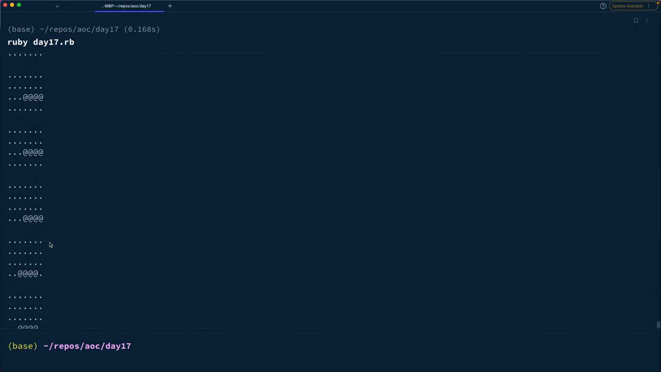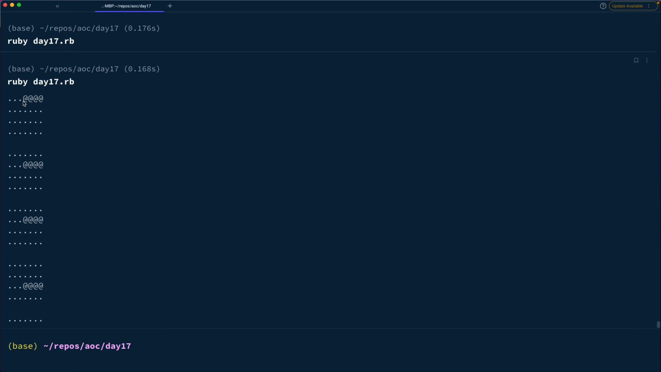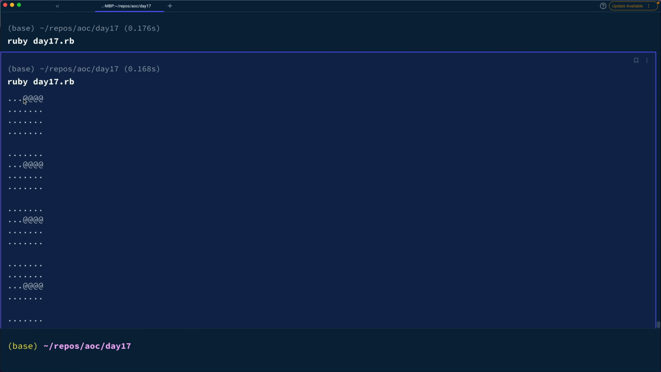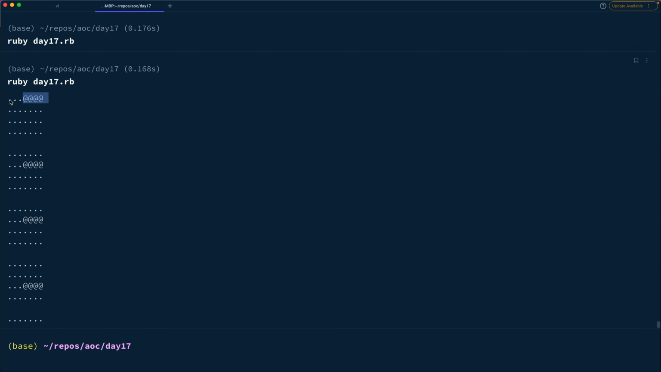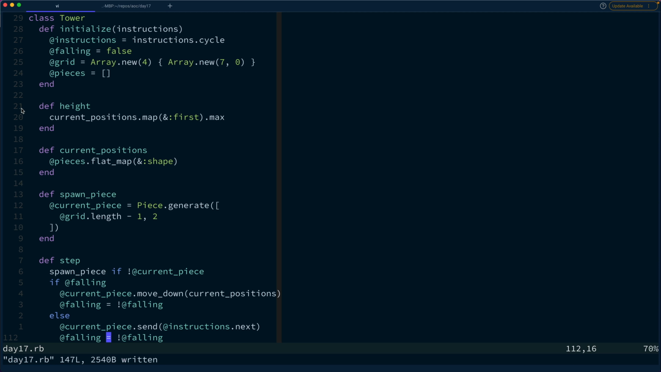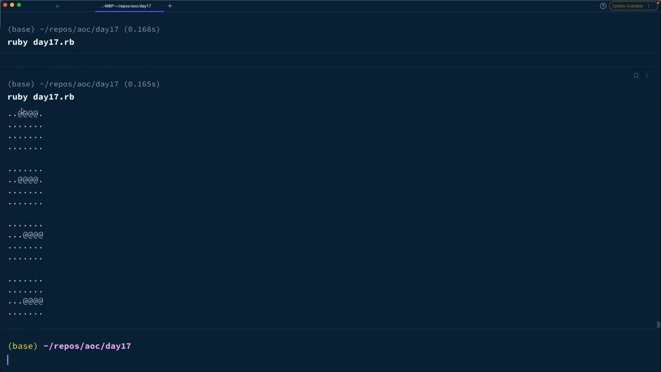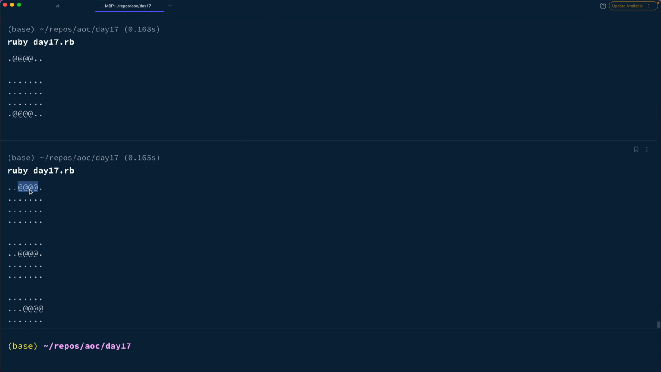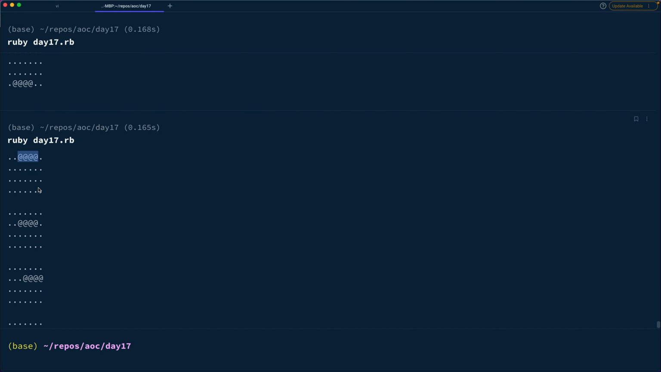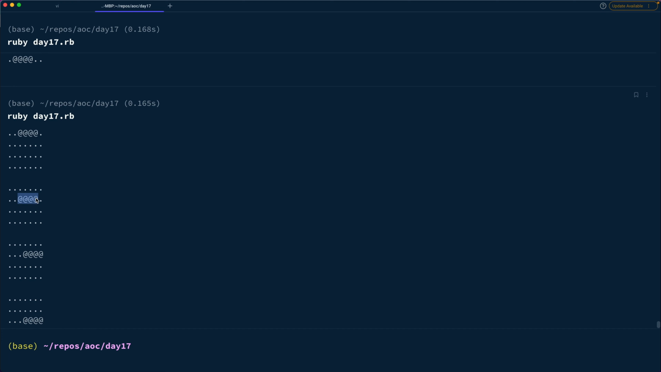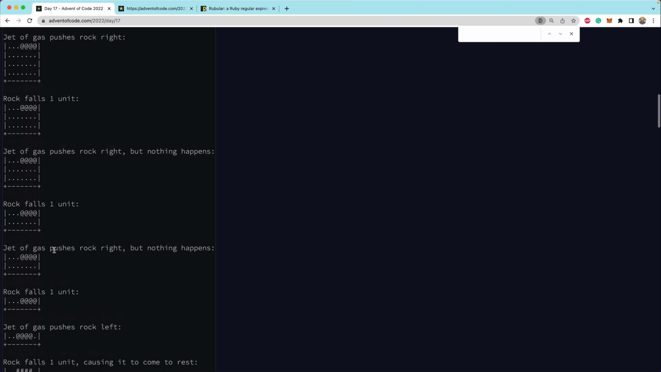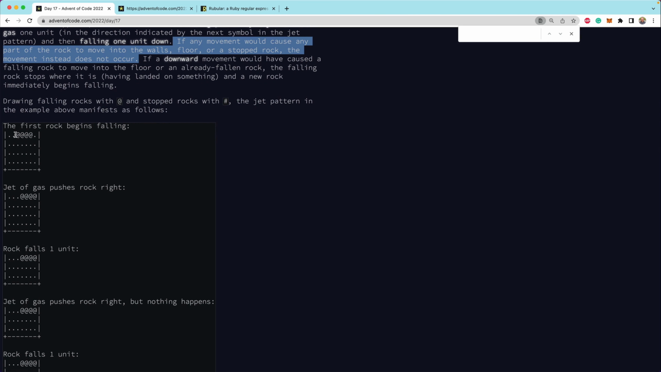Okay, so now if we look, we start at the top, and this is actually too far to the right. So we actually want it to start here. This should actually, I think, be 1, because we want it to spawn exactly 2 from the left. Okay, so we're spawning in the right place, and then we're falling down 1, and then we're being pushed to the right 1. But I think if we look at the instructions here, the first rock begins falling, but then